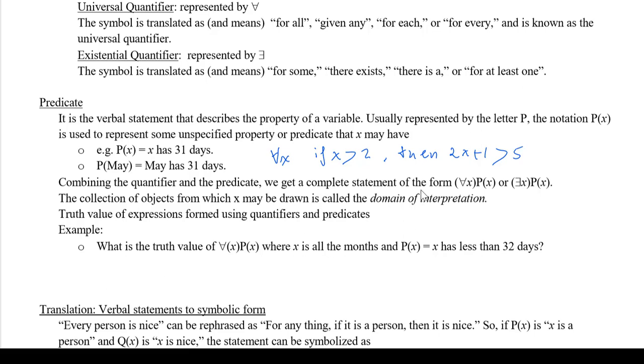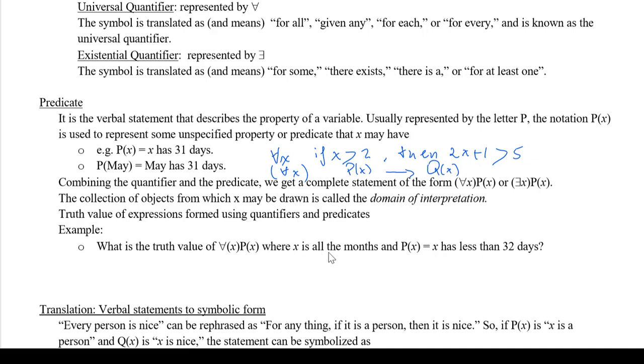And this can be translated as for all x, P of x, which means x greater than 2, implies Q of x, and Q of x represents 2x plus 1 greater than 5. So this is a sentence, and then we're going to see if this is valid or not. Or it can be something like this: what is the truth value of for all x, P of x,